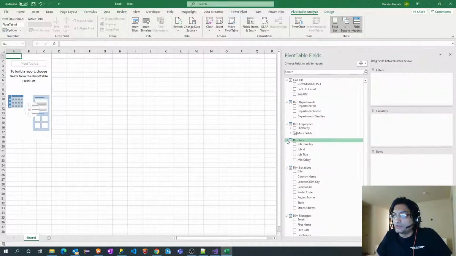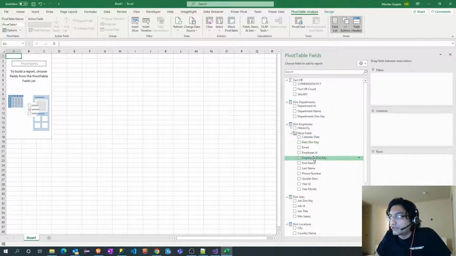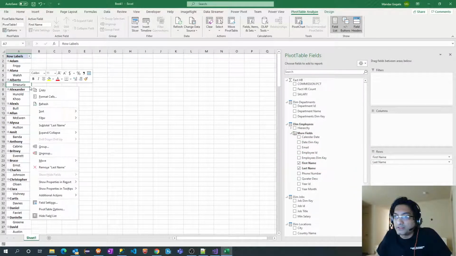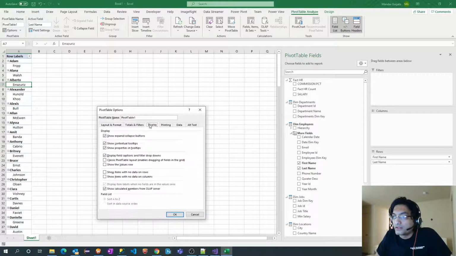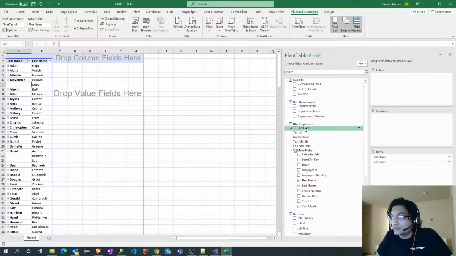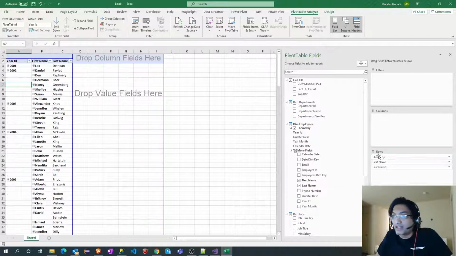And now you can select whatever attributes you want. Let's say you want to select employee names, so I will go to first name, last name. Let me change this view, display, classic. All right. And let's see in what particular year these employees joined the organization. So I will pull this hierarchy.